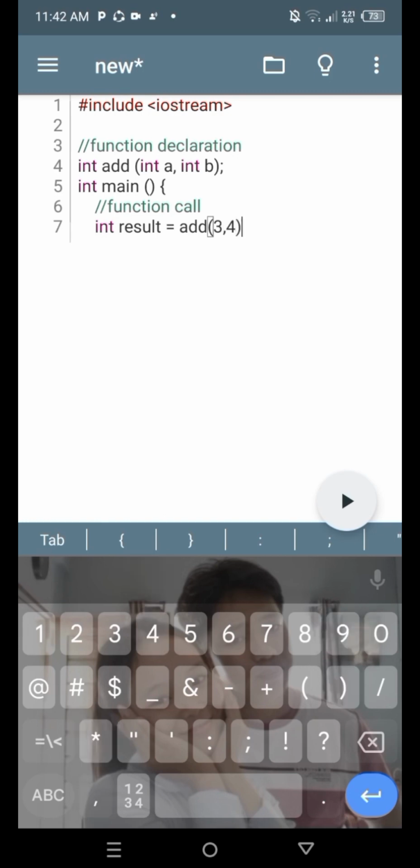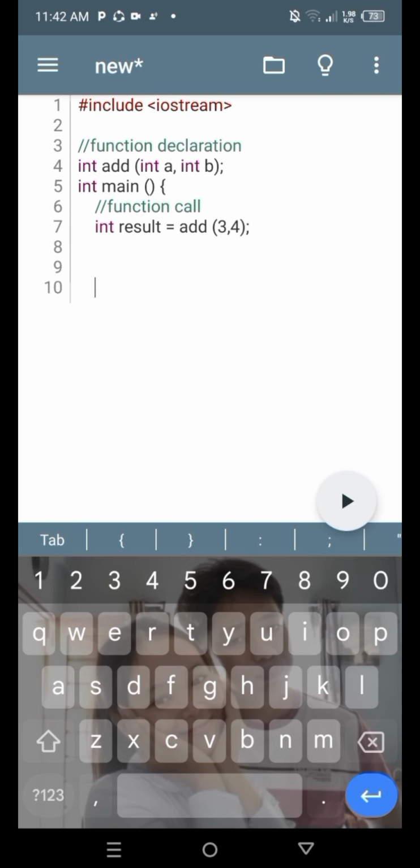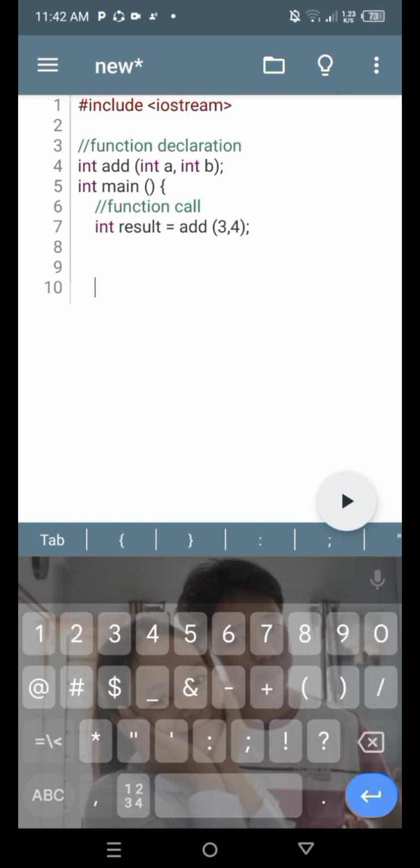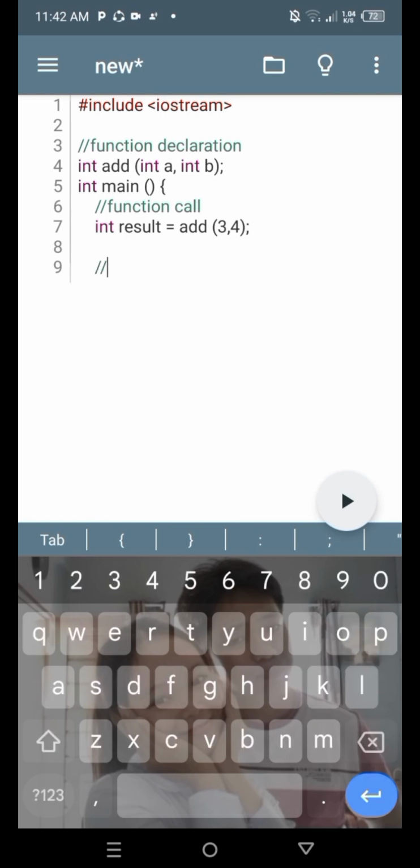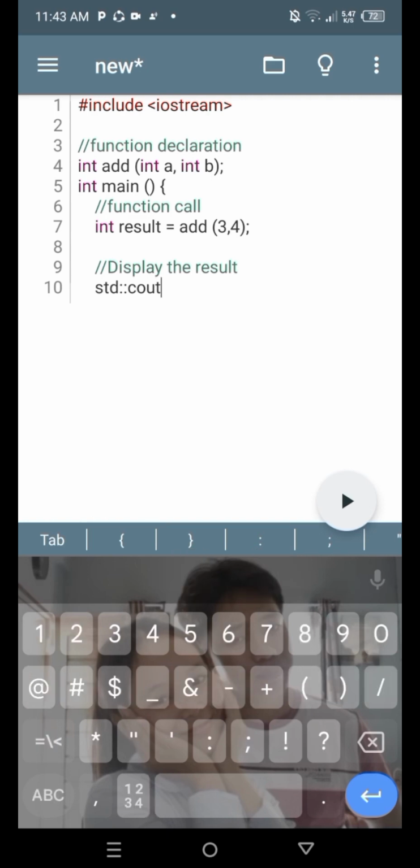We declare a function add that takes two integers as parameters and returns an integer. In the main function, we call the add function with the arguments 3 and 4. Then the add function calculates the sum of its parameters and returns the